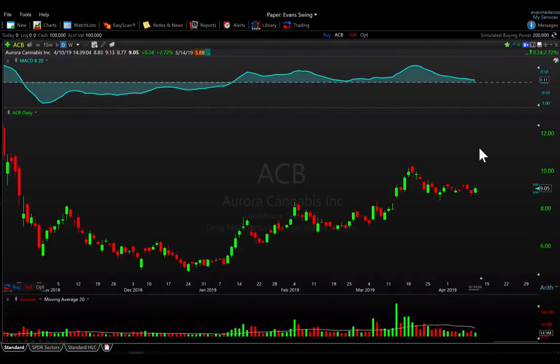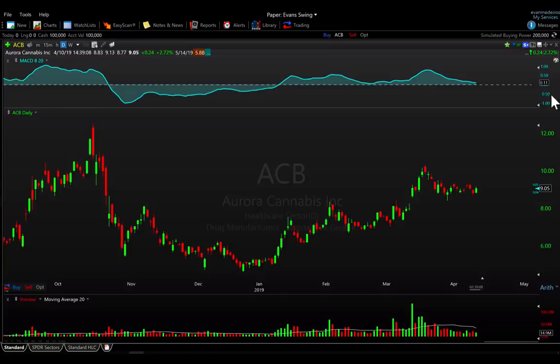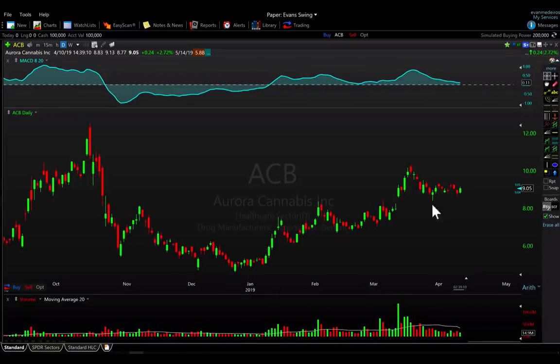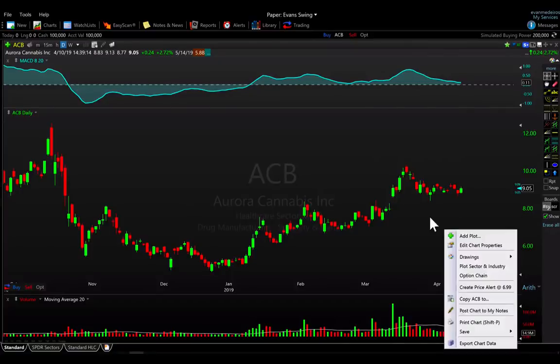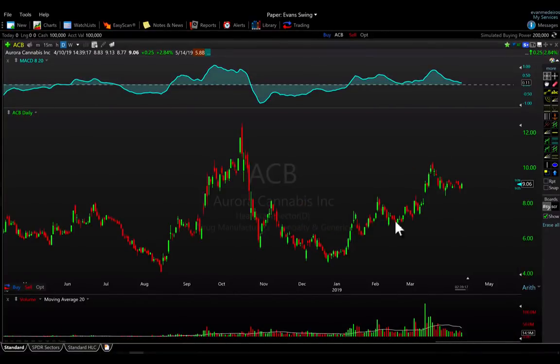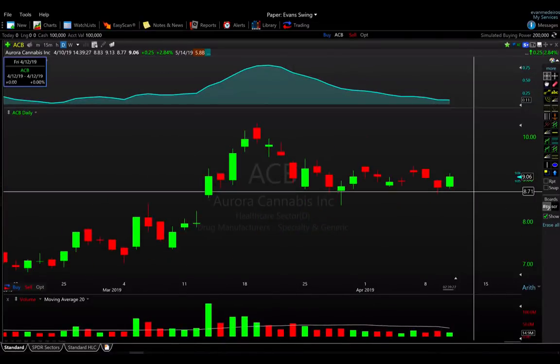Number 2 is ACB. There's a few names here that have been acting well, or certainly pulled back recently in the cannabis space, but ACB seems to be emerging here, or at least holding up pretty well. It had this strong volume move throughout the first quarter of this year. Lots of these stocks did in the sector, but it has pulled back a little more resiliently recently, and it is starting to stabilize here around this